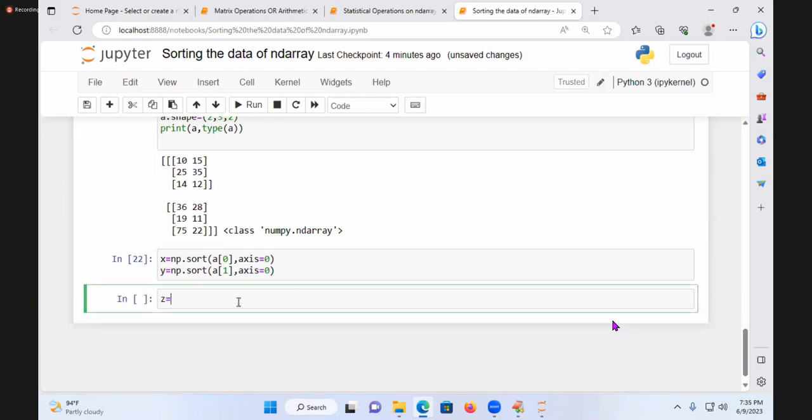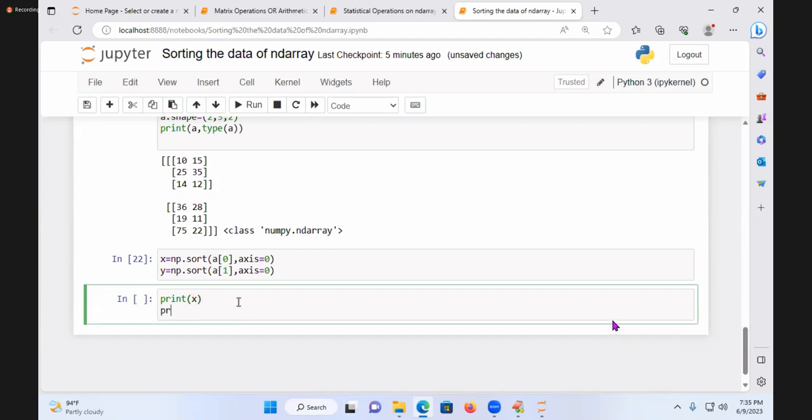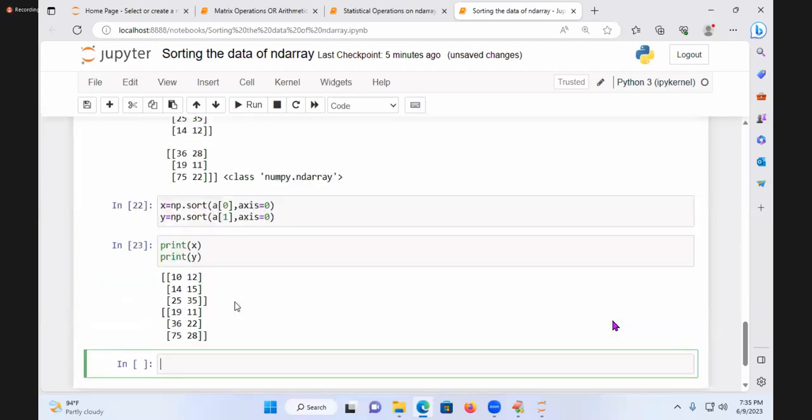Now I'll say z is equal to np.vstack of, of course I am writing vstack of. One minute, print of what? Print of X, print of Y, you print it. So it is going to give you